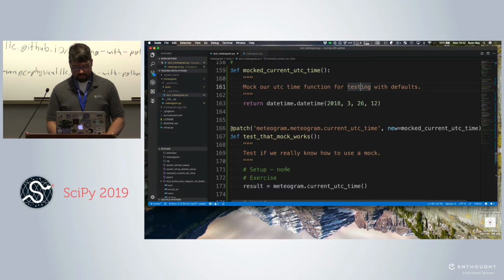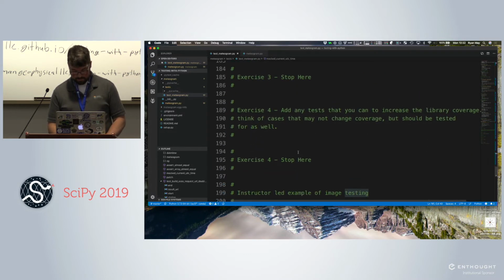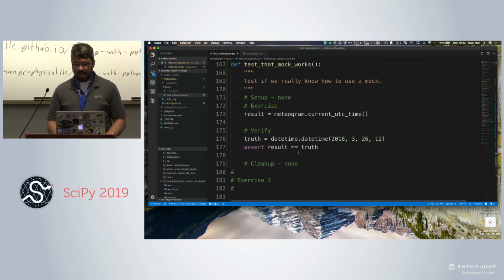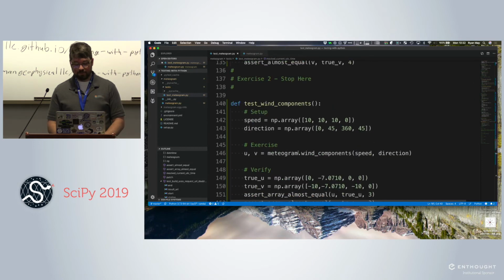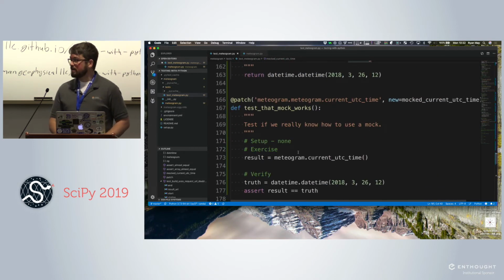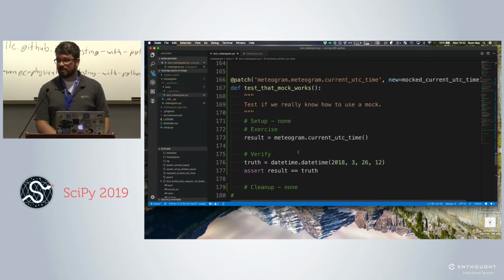So now in the test mediogram file here, what I want you to do is add a test that tests the default behavior for the URL builder. So you're going to use patch, because we're going to accept the current time as the end time, and today minus 1 as the start time. So write a test for the URL builder that uses our mock. Sticky notes down, blue sticky note up when you're done, red sticky note when you need help.